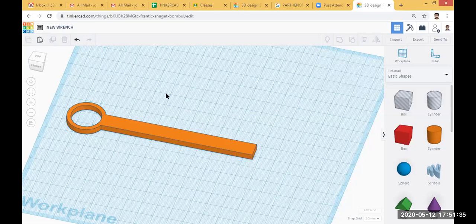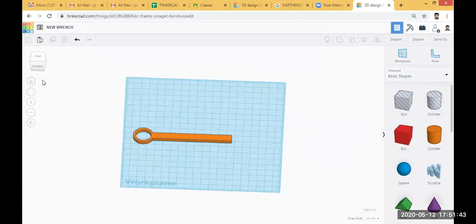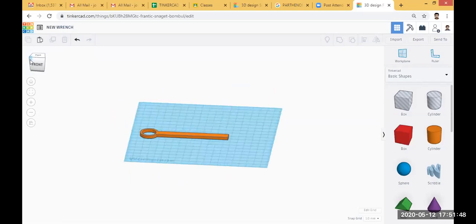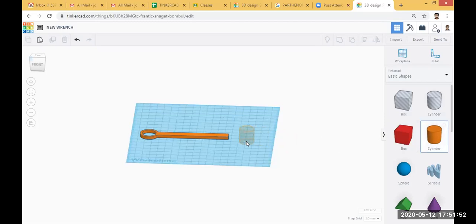Okay, then next you have to create the jaw. So for that, what is the basic shape of the jaw? Okay, so select cylinder. You have to select this cylinder.